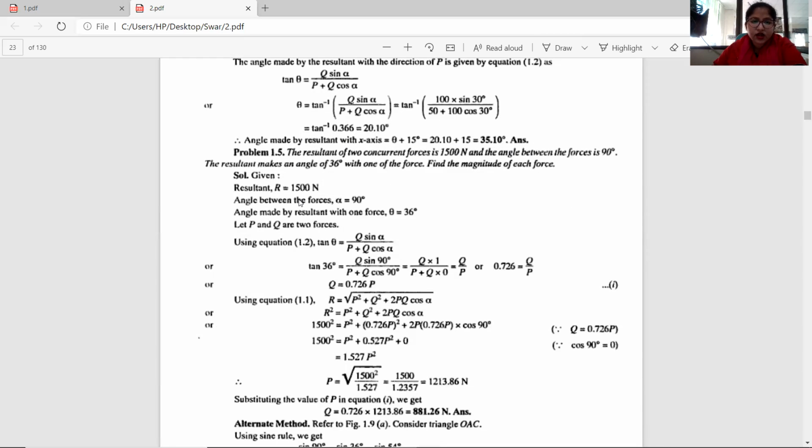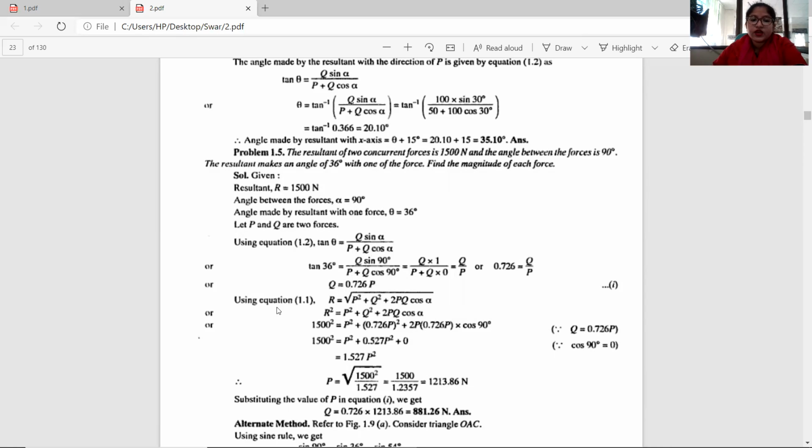Next question says the resultant of two concurrent forces is 1500 and the angle between the forces is 90 degree. The resultant makes an angle of 36 degree with one of the forces. Find the magnitude of each force. So we have the resultant, which is 1500. We have the angle between the forces, alpha, which is 90 degree. The angle made by the resultant with one force is theta equals 36 degree. Let P and Q be the two forces. Using the equation tan theta equals Q sin alpha upon P plus Q cos alpha,